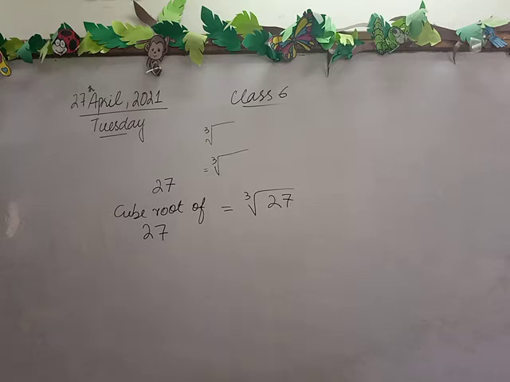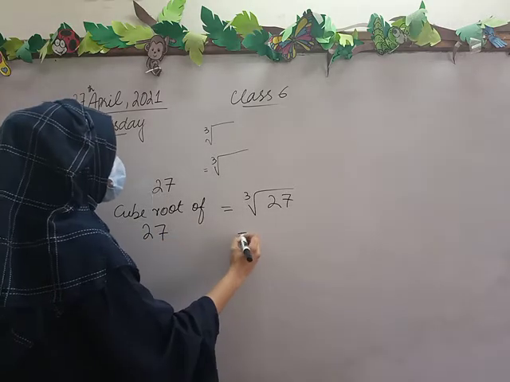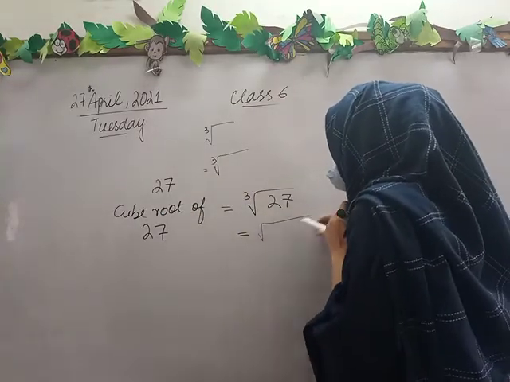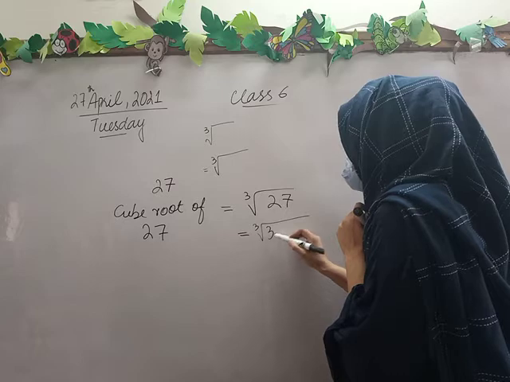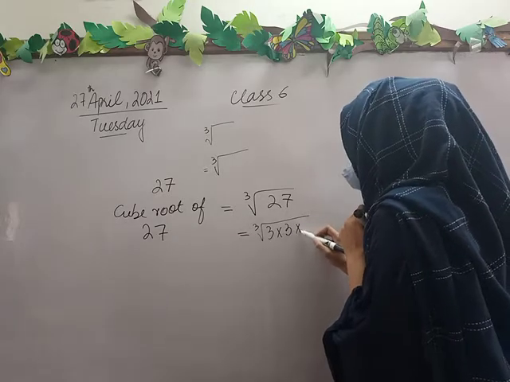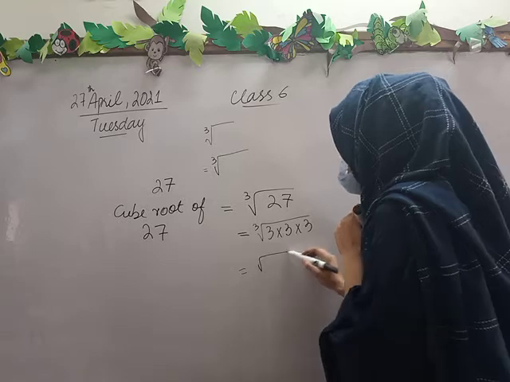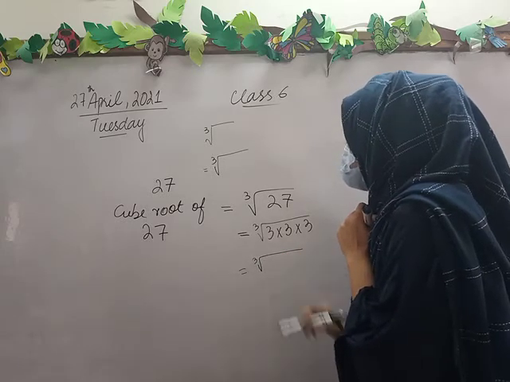Now, as we know, 27 is the perfect cube of 3. 3 multiplied by 3 multiplied by 3. Fine. 3 as it is and